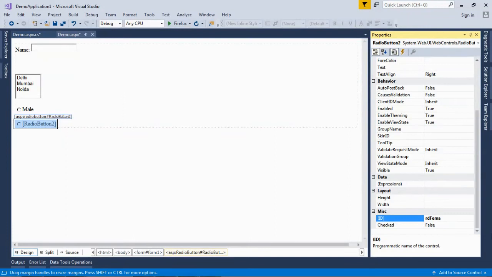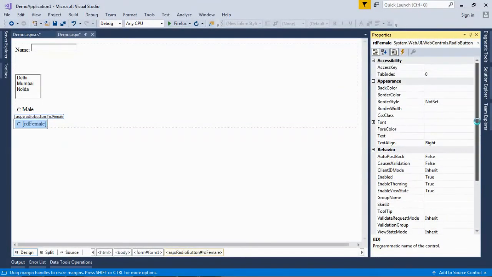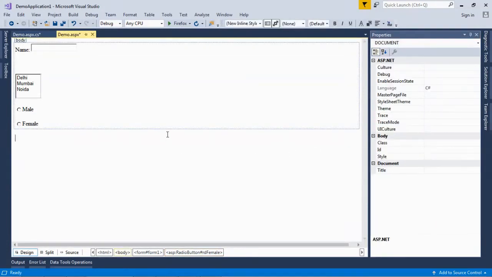I'm giving the ID for this radio button as RDFemale, and the text field is empty, so I'm giving the text here, Female. Let's move on to the browser and see how it is displaying.